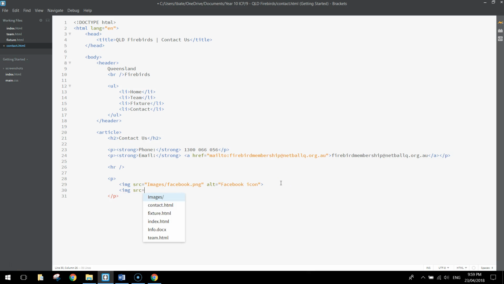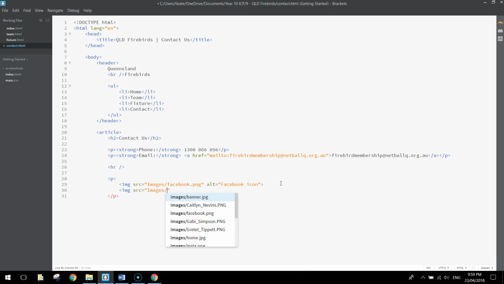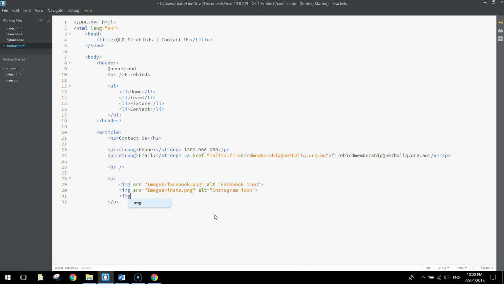Next one we're going to put in image source equals, in images, scroll down and look for the Insta. The Insta one, the alternate text, simply say Instagram icon. What else do we need to do here? We also need to close off that pointy bracket and put in the next image source, and it's going to be the YouTube one. So just look for the YouTube file, put in the alternate text, which is going to say YouTube icon. Close your pointy brackets, save it up, and just go and have a look and make sure